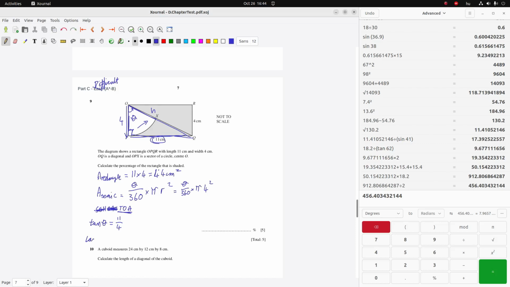So we're going to do it like this: tan inverse of tan of theta equals tan inverse of all of this. And then this tan inverse cancels with this tan. Great, right? Okay, let's calculate it. So we end up with, where am I going to write it? Theta is equal to